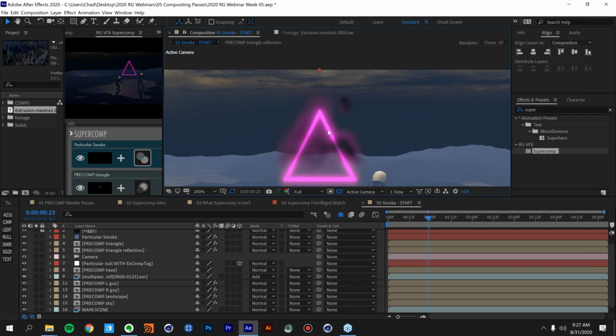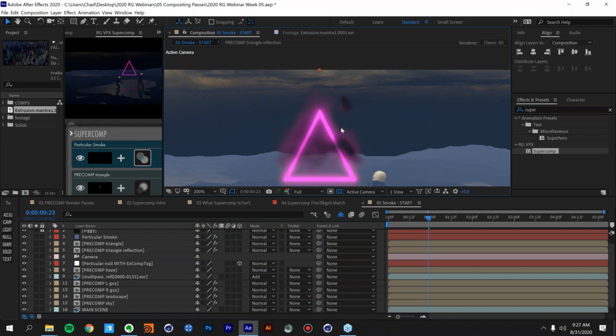But the magic here is that we're able to take these layers and, again, using Supercomp's integration engine, bring all these things together so that the layers are talking to each other. And that creates these types of effects where we're having this dynamic effect. And if I were to take the particular smoke and shift it all the way over here to the left-hand side, then it would glow on the other side of the smoke, because it's this